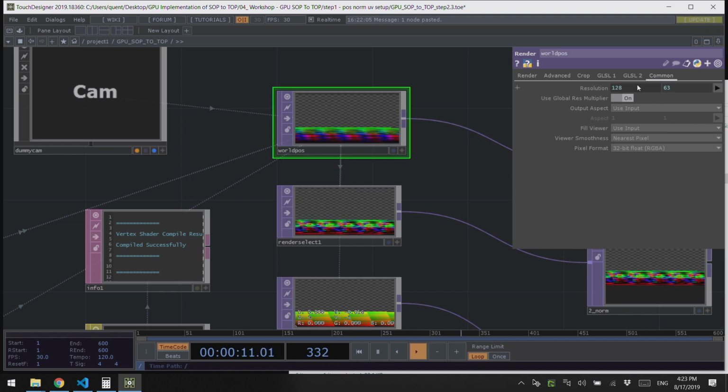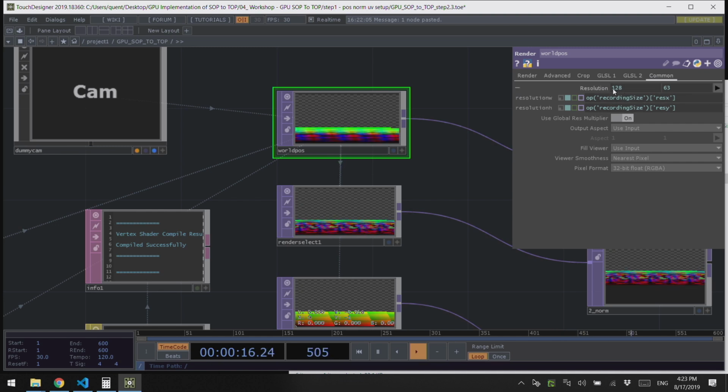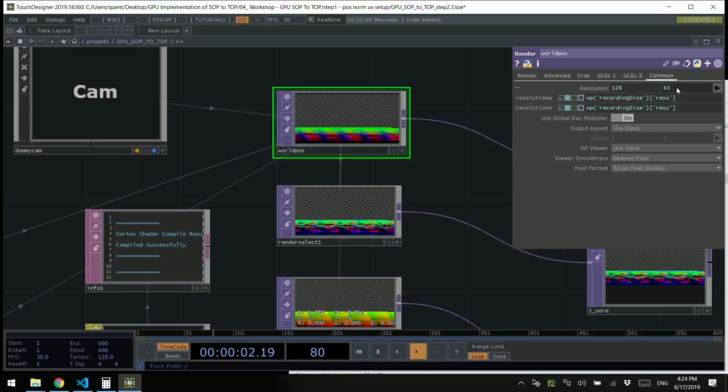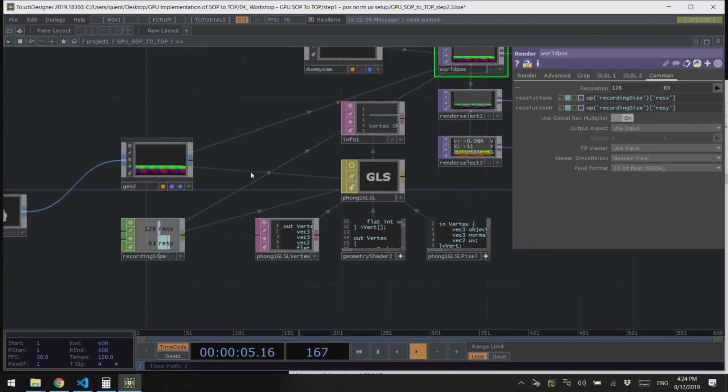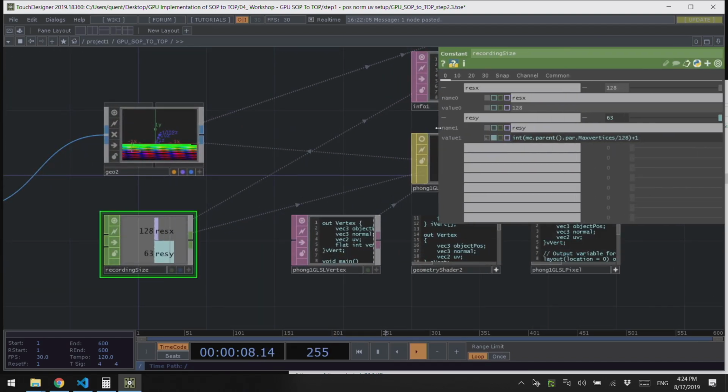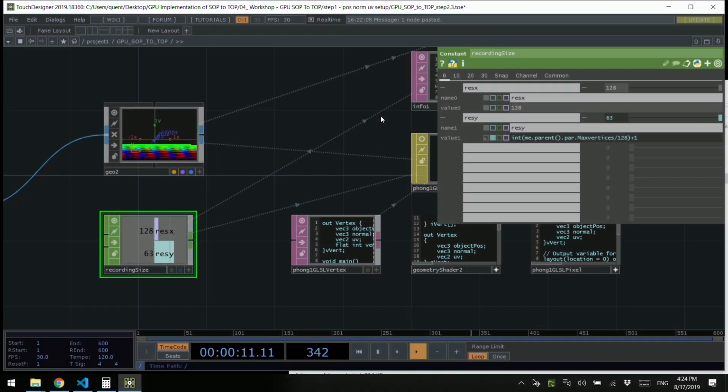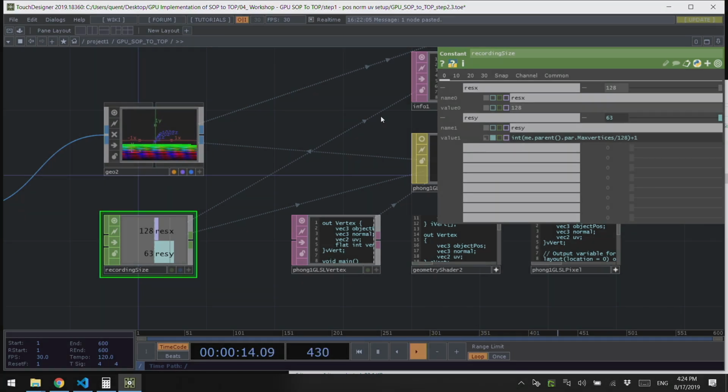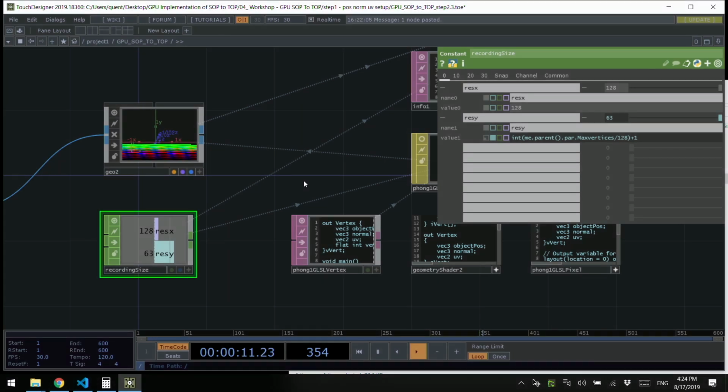pixels. So here the resolution of the render is, for now, set to 128 and 63. Basically, it's a division. We have to decide one fixed dimension, so let's settle with the width. Then I'm going to add as many rows as I need if I have more vertices to write. Actually, in the final version, it's not going to be 128. It's going to be more than that, like 400 something, but